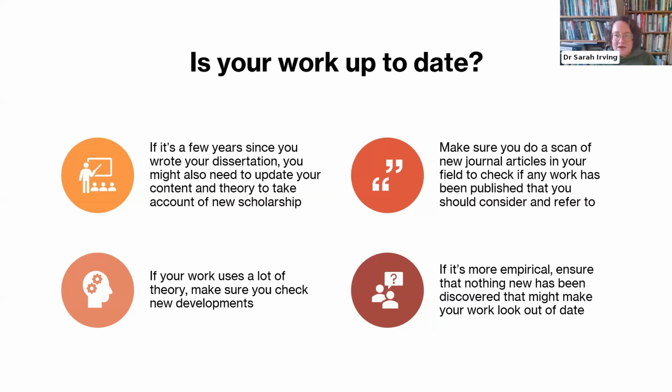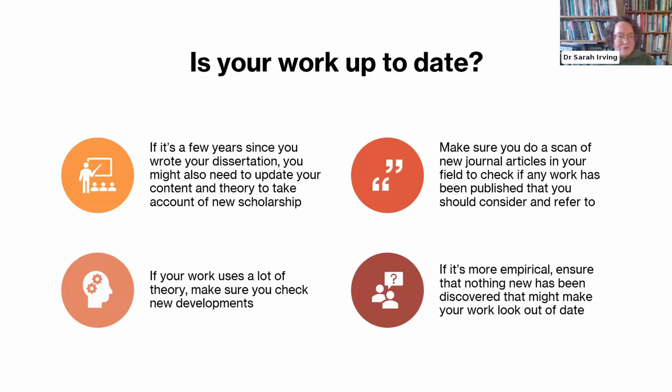You need to do a scan of new journal articles in your field, check the major journals, check major disciplinary journals, do keyword searches on the subject of your article to make sure that if something has been published while you were working on your PhD, or while you were working on your revisions, that you include it, that you don't end up with a journal editor or a peer reviewer just sending it back to you going, oh, you need to read such and such an article because they've already said this, or because they might mean that you need to take a different interpretation of some of your material.